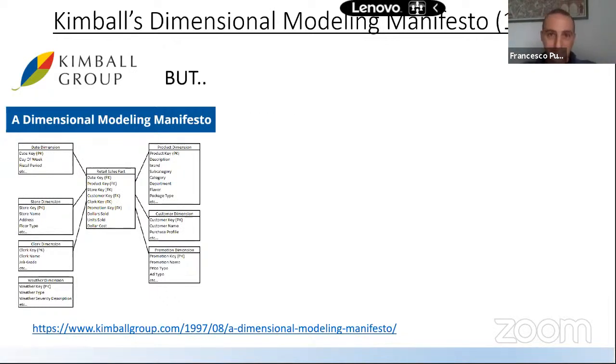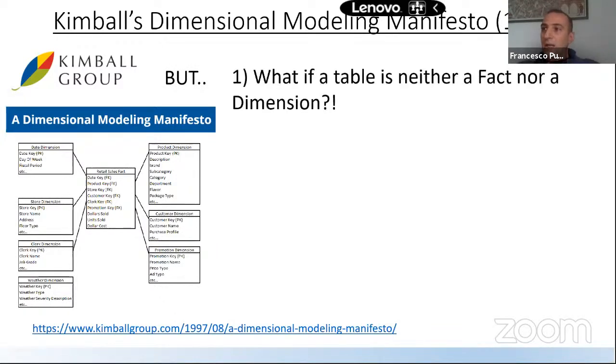But what if a table is neither a fact nor a dimension? I have asked this question a few times to my friends. It happens to me to speak with friends about these things quite a lot, even too much. And the answer sometimes is yes, but when a table is neither a fact nor a dimension, it's not interesting for the reports. Says who?